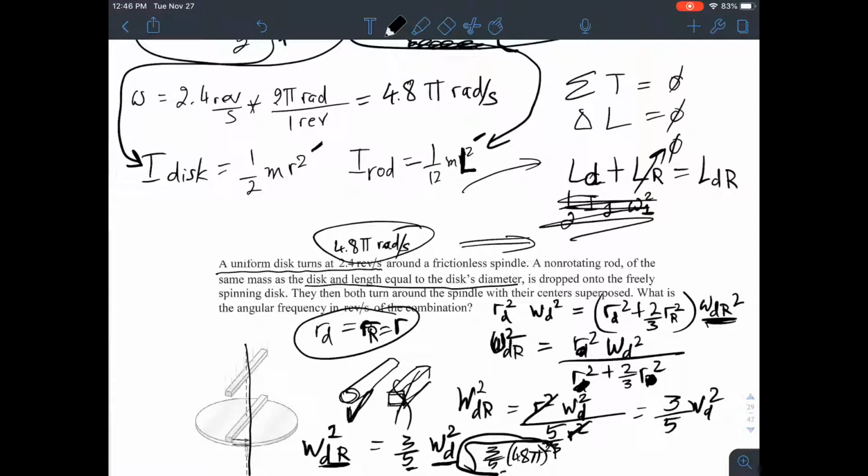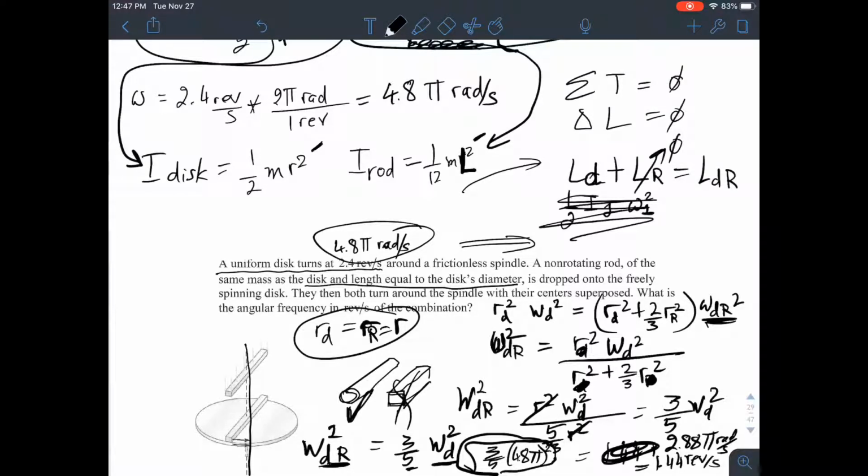What's this value? We can look at that. And that should come out to something like 1.44. Well, actually it'll come out to 2.88 pi radians per second, and you could convert that to get 1.44 revolutions